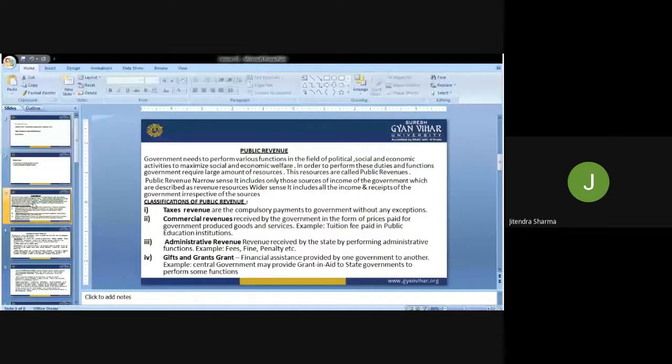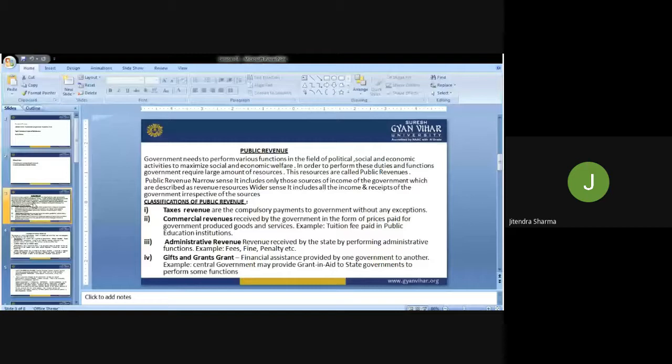Number one, purchase revenue, then the commercial revenues, administrative revenue, and then the gift and grants. So these are four categories under which we can classify the public revenue. Tax revenues are compulsory payments to the government without any expectation. For example, the income tax, the production tax, whatever the taxes, even transport tax, all these are the